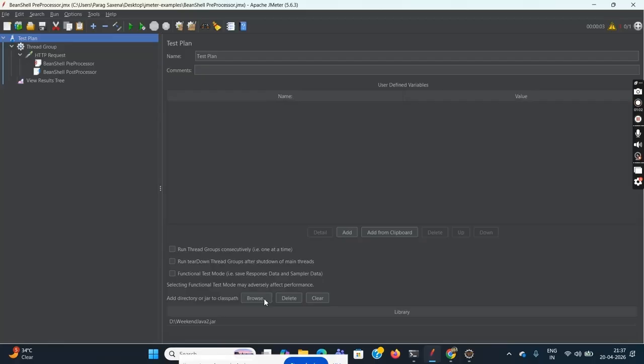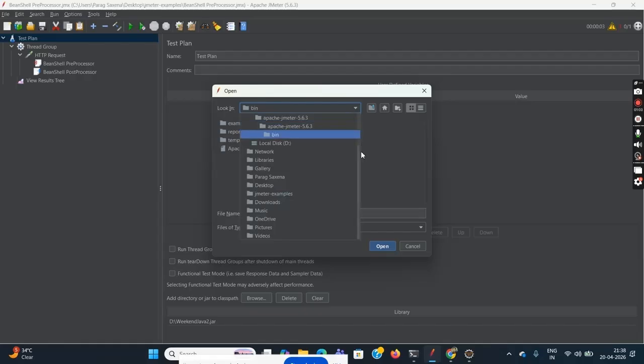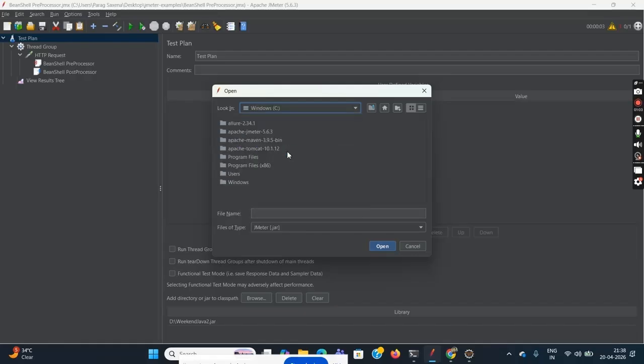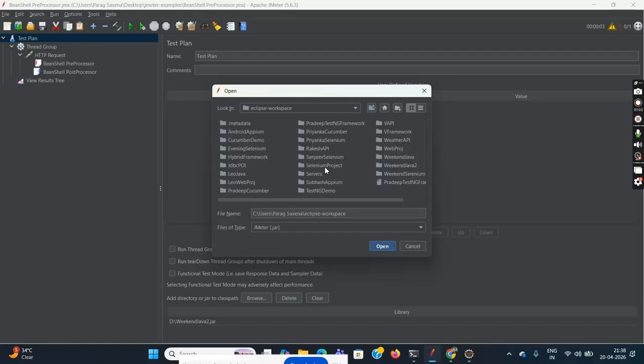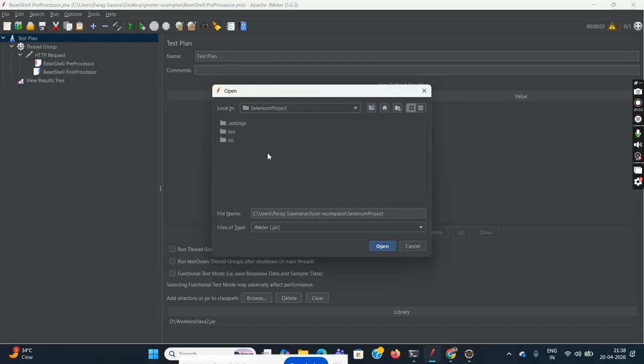Look, if I go to browse again and you want to add, for example, some library, say again I will go to C, I will go to users, Parag Saxena, I will go to Eclipse workspace, I will go to this Selenium project, because I have added this, and Selenium project, settings, bin,